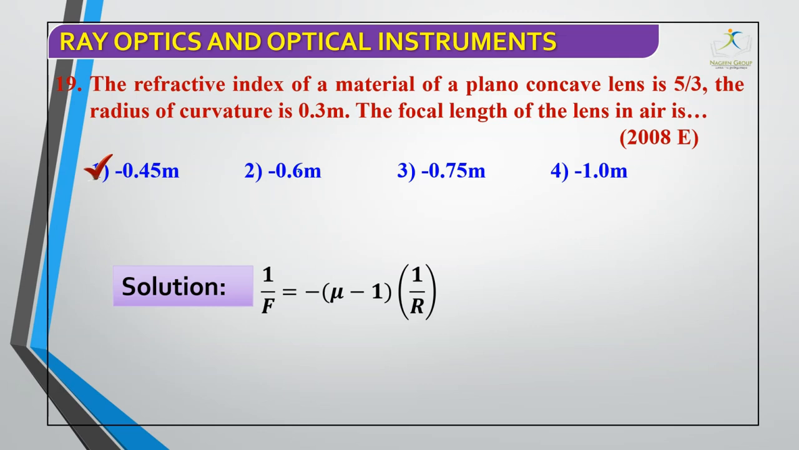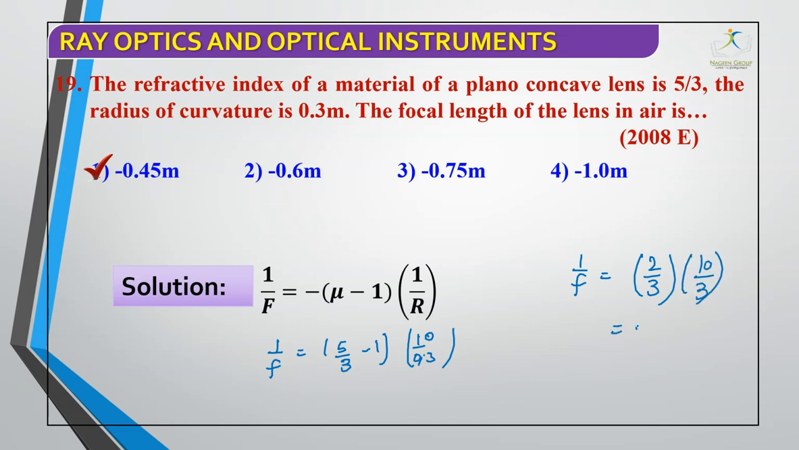What we did, we just put the values over here. The value of 1 by f is here, mu is given as 5 by 3 minus 1, and the value of radius of curvature is 0.3. So 1 by 0.3 comes to 10 by 3. Again 1 by f is equal to 2 by 3 times 10 by 3. So 20 by 3 in the negative, which comes